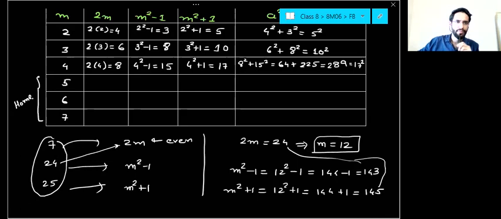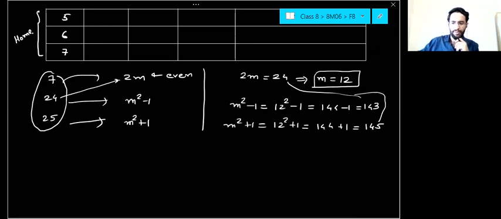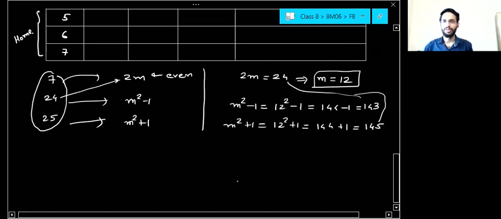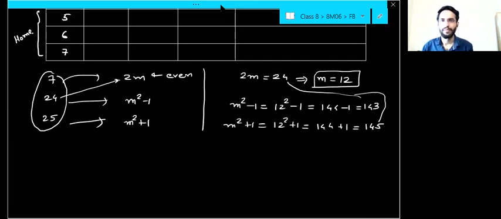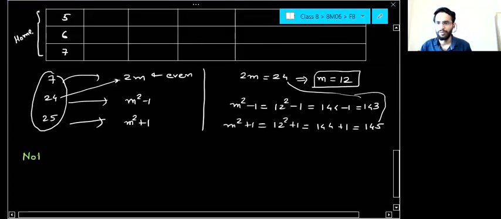No. Okay, can I write 7, 24 and 25 in terms of 2m, m square minus 1, m square plus 1? No. But they are Pythagorean triplet or not? Are these numbers Pythagorean triplet? Okay, yes. So what is to be noted here is, see, note,